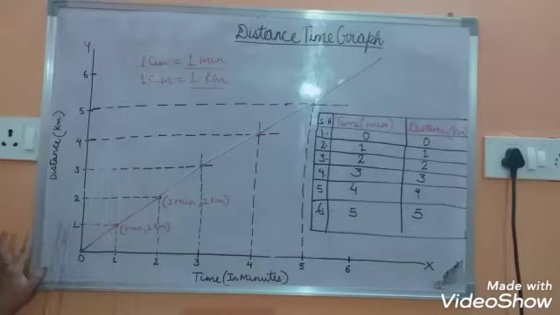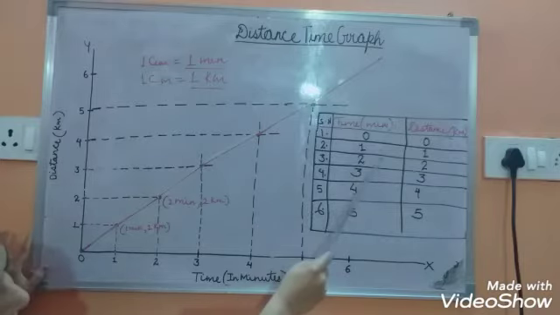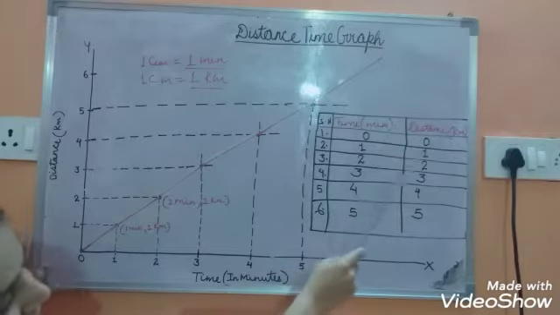In the same way, on the y-axis, where 1 kilometer is given, we will also draw a line which is perpendicular to the y-axis. Where the two lines intersect each other, this is the point which will represent 1 minute and 1 kilometer. In the same way, the second reading is at 2 minutes, the distance traveled